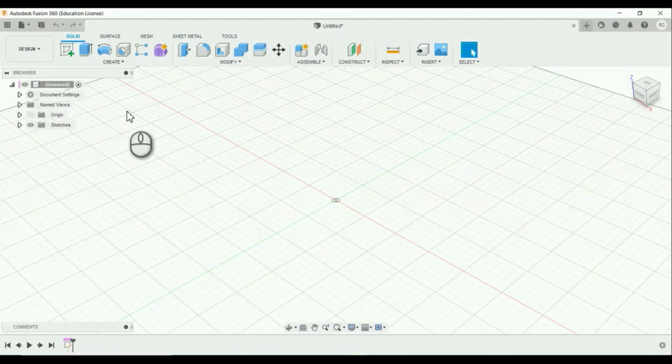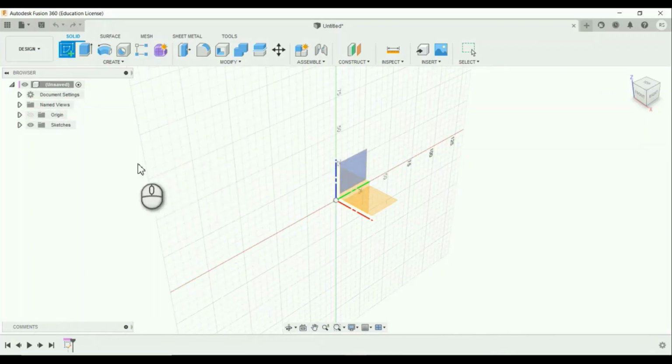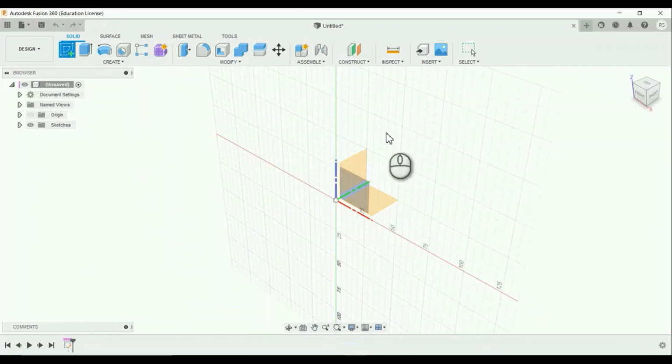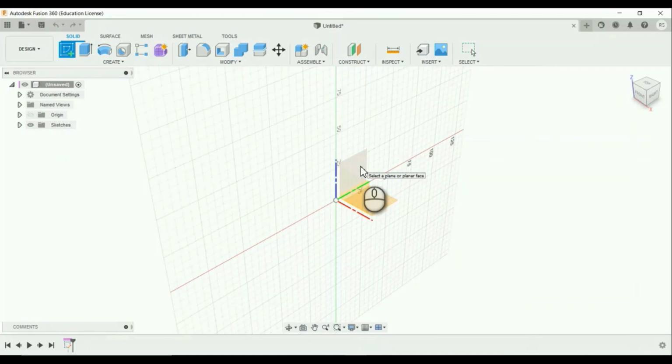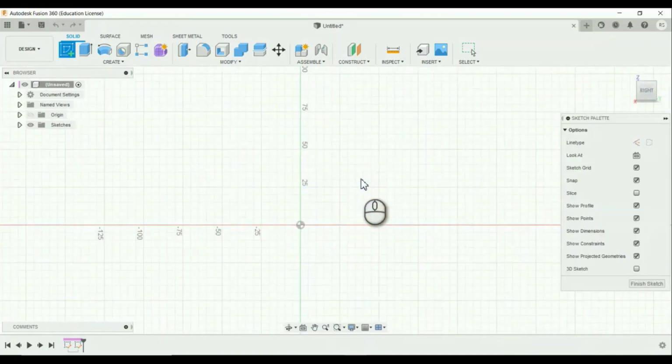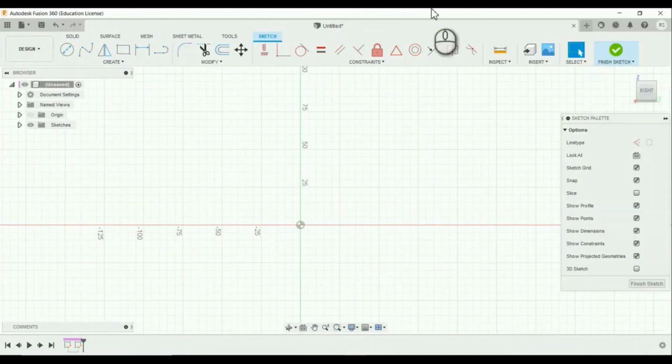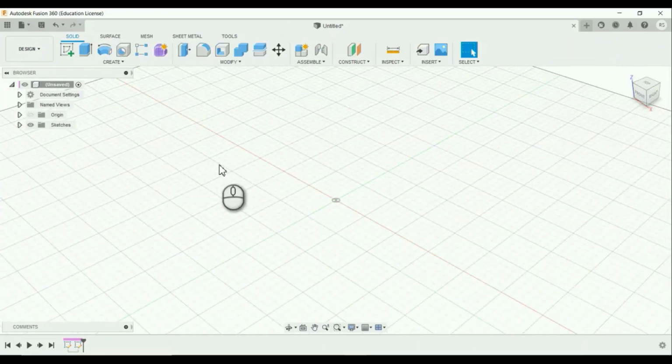The another tab available is Sketch tab. And the Sketch tab is available in Design Workspace. Click that Sketch tab. After that, you have to specify which plane you are going to draw it. I have clicked the right plane. After that, these are the tools available for 2D sketching. And in this tab, you can create 2D sketches and 3D geometry of a design. And first, you have to create a design, and after that, you are able to modify it and add constraints to it. To exit of this tab, you click Finish tab.